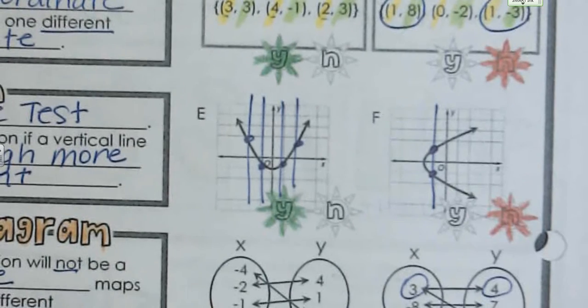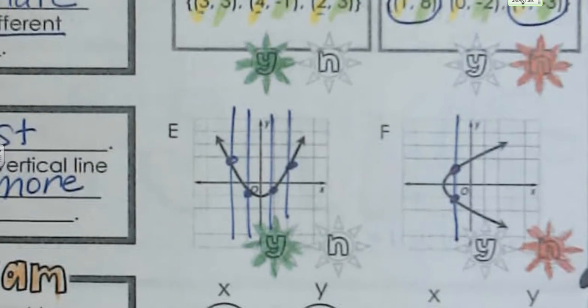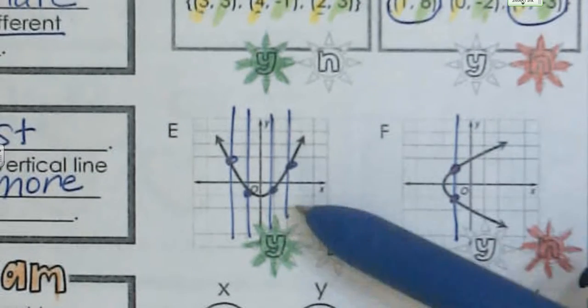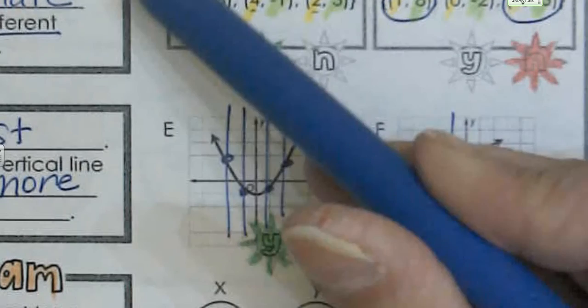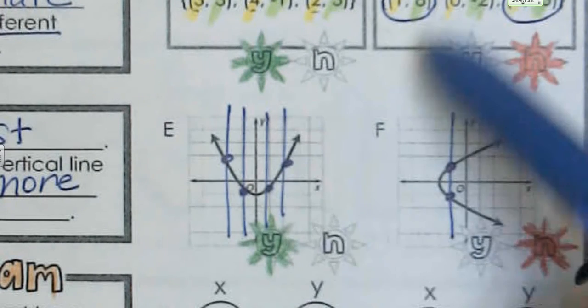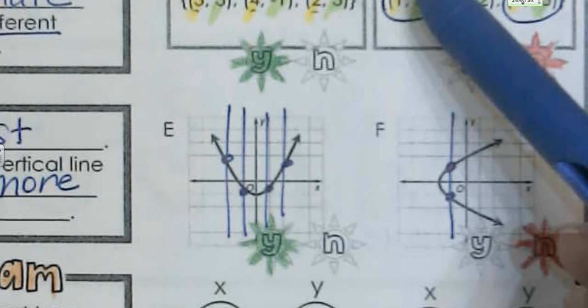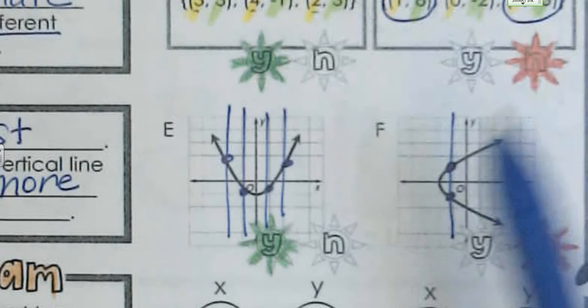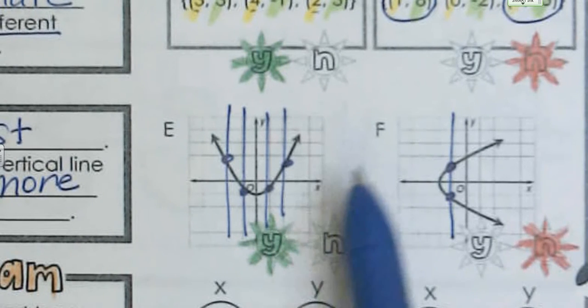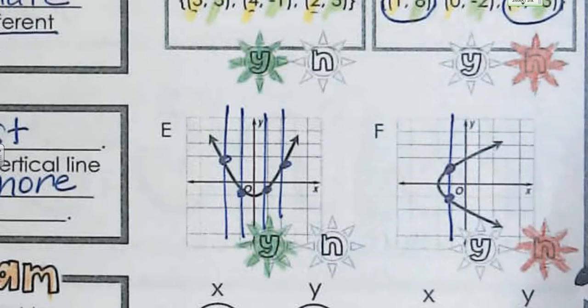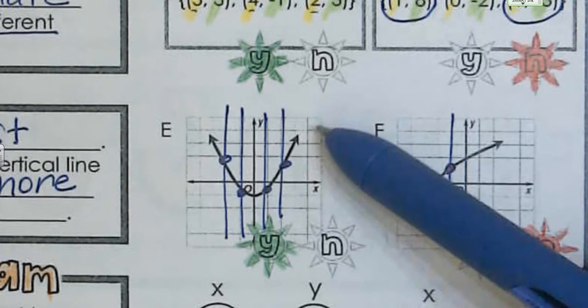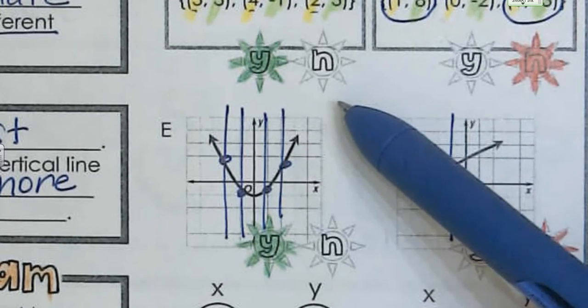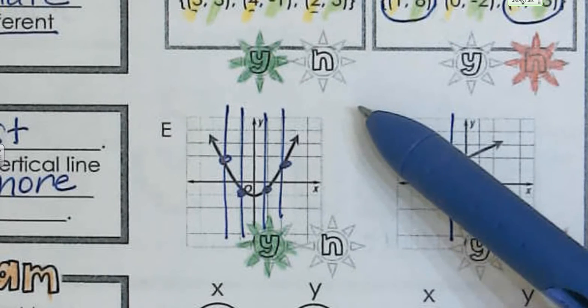All right, so now the graphs are a little tricky when we talk about range. So when we look at E, we know that this one is a function, and this is actually what's called a parabola. And a parabola is going to go on forever and ever. It makes this U shape, and it goes on forever and ever. So what that means is that my x values, because it does go on forever and ever, we're not going to draw that far, but it basically means that all of my x values are possible. So the domain